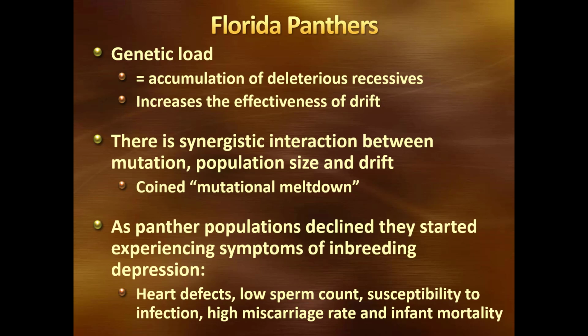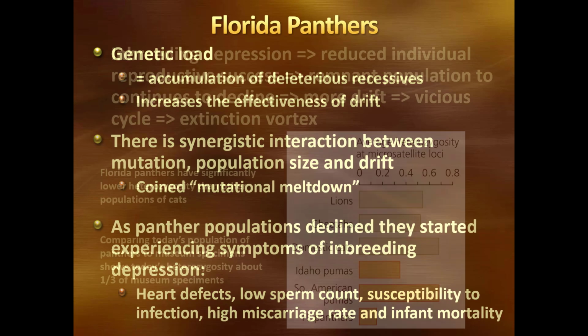They have a really, really high miscarriage rate. Very few of their cubs go to term, so there's a very low birth rate. And of those that are born, there's a very, very high infant mortality. So their reproductive success rate is very low, and their overall mortality is high. Well, the mortality rate is high and their success rate is low.